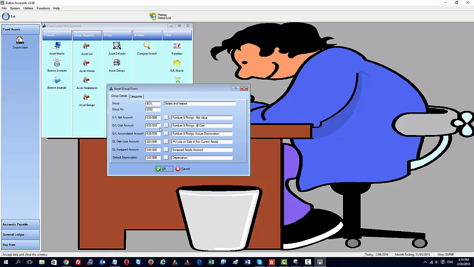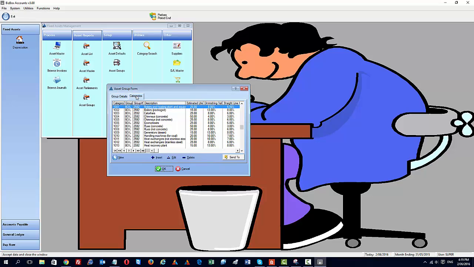Let's go into group. So these are boilers and heaters, group number, and then the GL distribution. You can enter your own new accounts if you need to. Now the asset group is attached to categories. So boiler group may have different categories, and so if you're looking for a particular category, you can do a